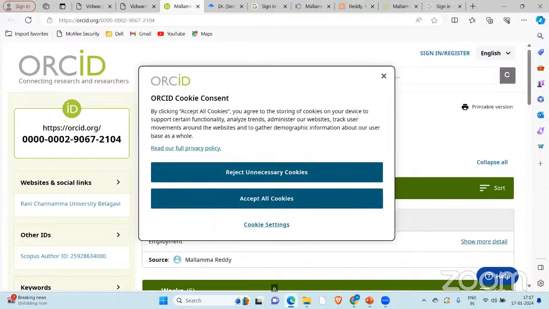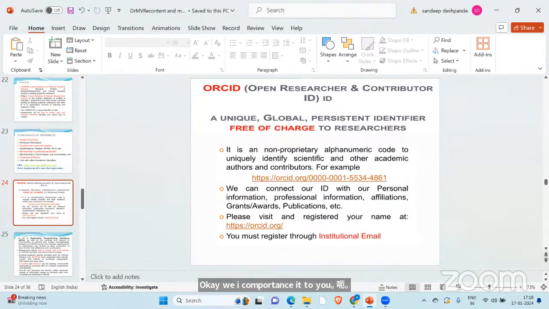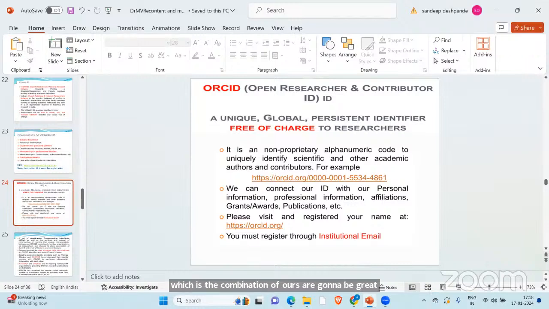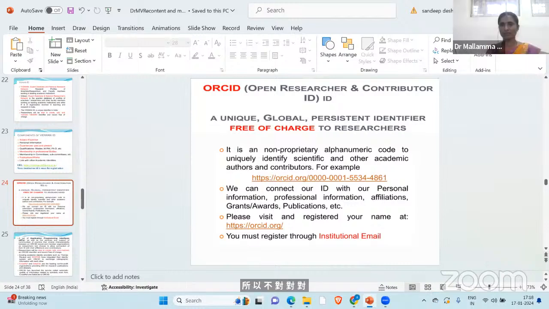Excuse me, ma'am. Yeah. Ma'am, do we have to create it in everything or will only one or two do? Since we are doing it in Google, different IDs. See here, Vidwan is the one which is the combination of all the academic IDs. So if we put it in Vidwan, will everything not be covered?